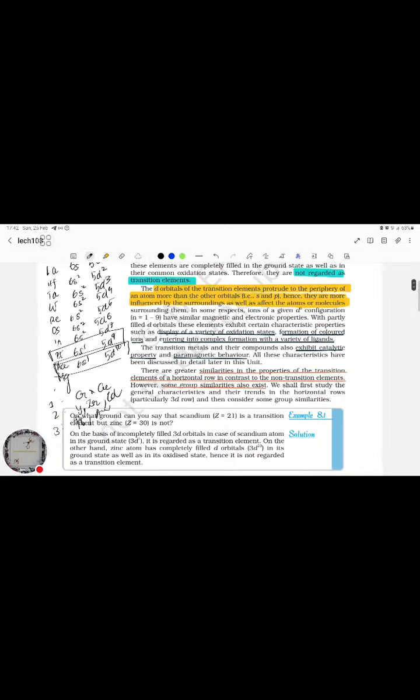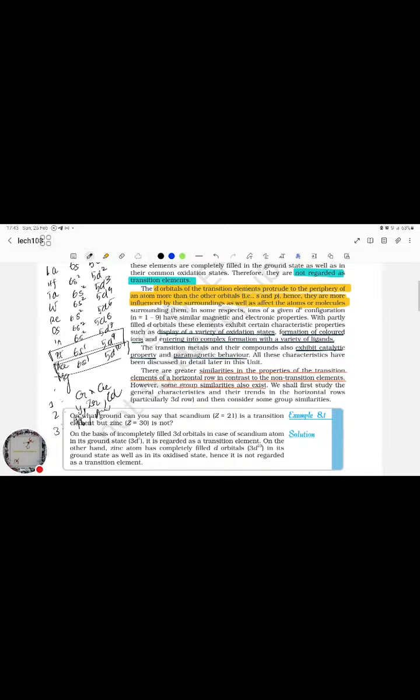The d orbitals of the transition elements protrude to the periphery of an atom more than the other orbitals, hence they are more influenced by the surroundings as well as affect the atoms or molecules surrounding them. Because the protruding nature of d orbitals is greater, they are influenced by atoms in the surroundings, and at the same time they also influence the other surrounding atoms. In some respects, ions of a given dn configuration (n = 1 to 9) have similar magnetic and electronic properties. With partly filled d orbitals, these elements exhibit certain characteristic properties such as display of a variety of oxidation